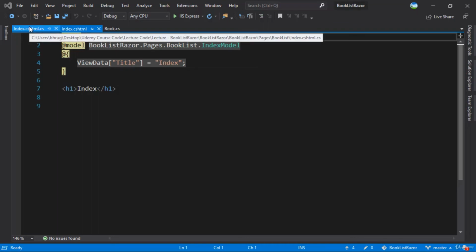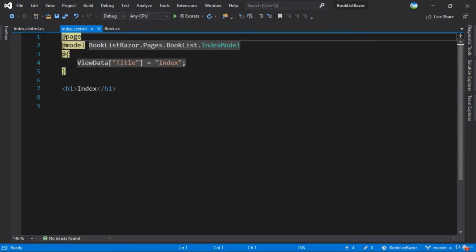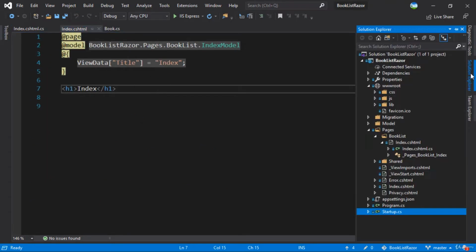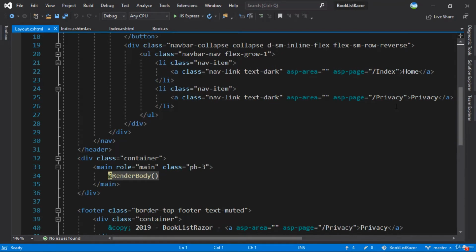Now that we have added the getHandler method for the index page inside book list, it's time to add some UI. Here, the first thing we'll do is go to Solution Explorer and go to our master page, which is _Layout. We have home and privacy. Let me add a book tab in place of privacy. And for that, we have to change the ASP page. So for that, rather than privacy, we will have book list